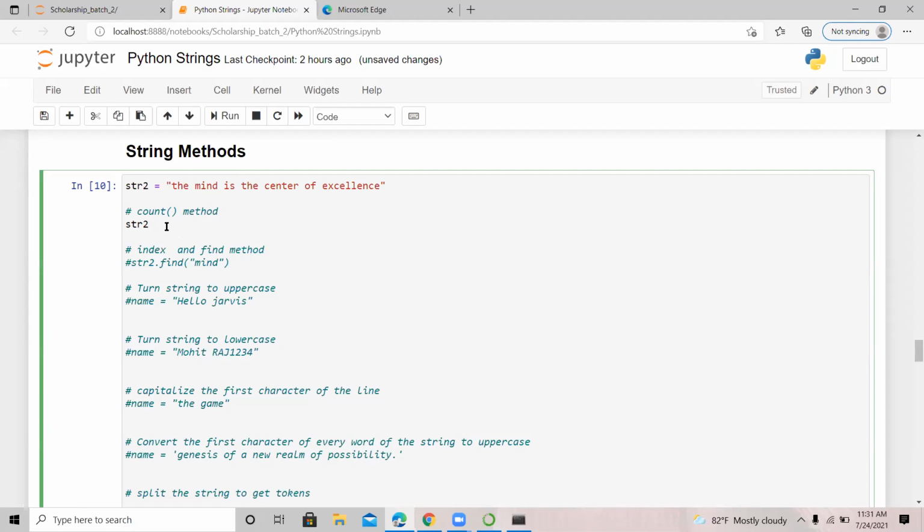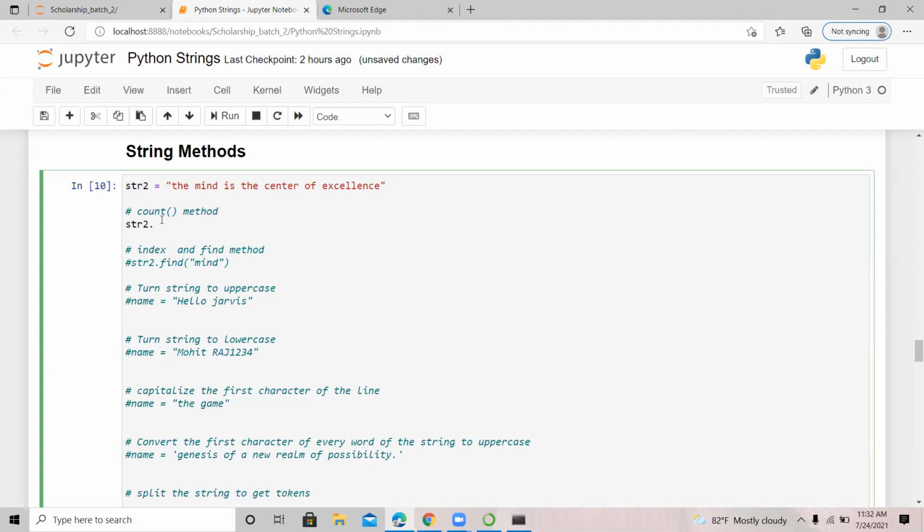There are methods that can do this, but I don't know them all and I don't expect you to memorize them. What do you do? Write the name of the string, put a dot, and press tab. Let me do that again. You want to know the methods that you can use for strings. Write the name of the string,